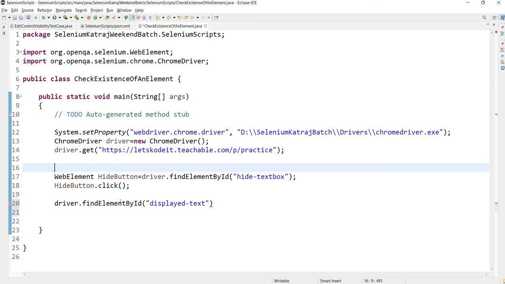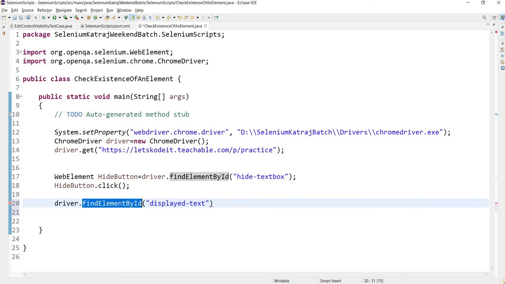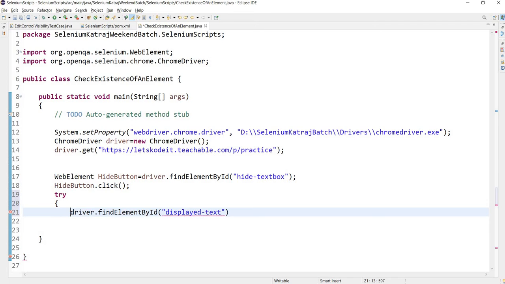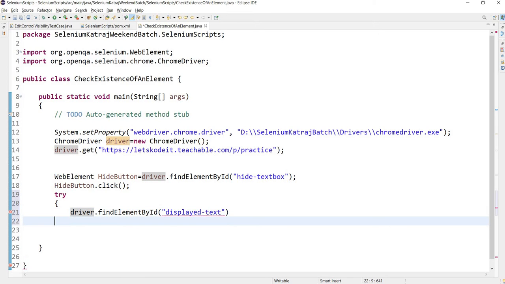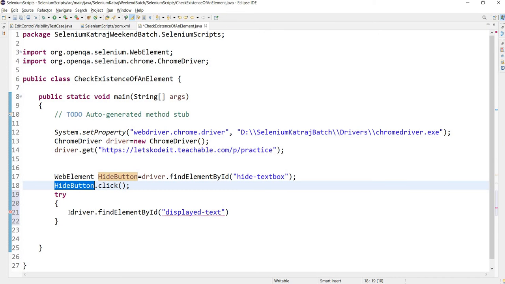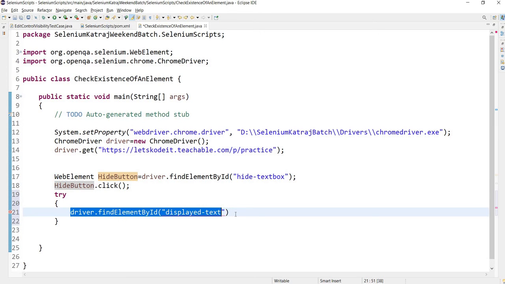Now let's see how we are going to make use of this understanding to cover this test case. What we know is, if the element is found, we are going to get the element back. If the element isn't found, we are going to get the exception. So what we will do is catch this exception. I'll say try, and I will put this find element in the try. We are expecting that after clicking on hide, this element should not be there, right? So we are expecting this statement to throw us an exception.